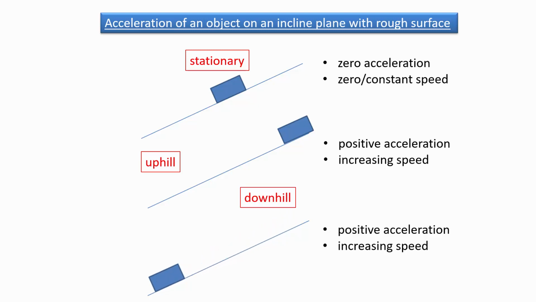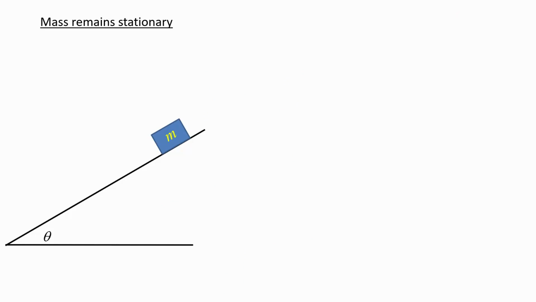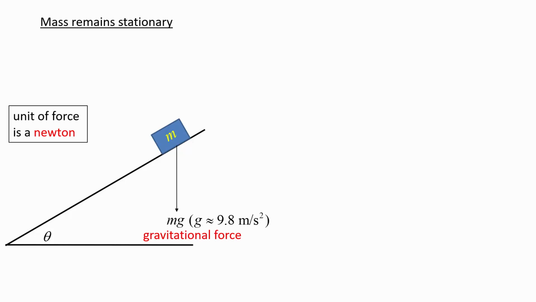So now let's look at the net forces acting on the object. Let's assume that the mass remains stationary. There's our inclined plane at an angle theta to the horizontal. Mass m kilogram. First of all, the unit of force is the Newton, where 1 kilogram weight is the same